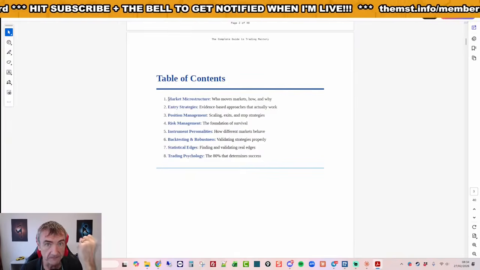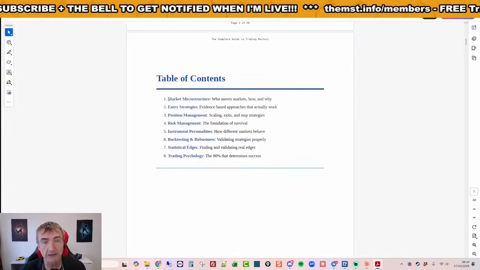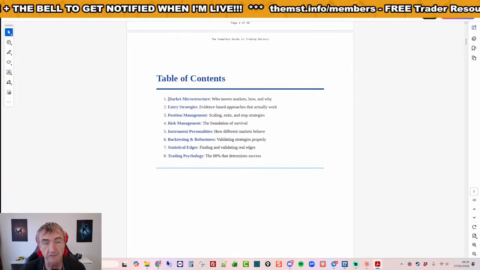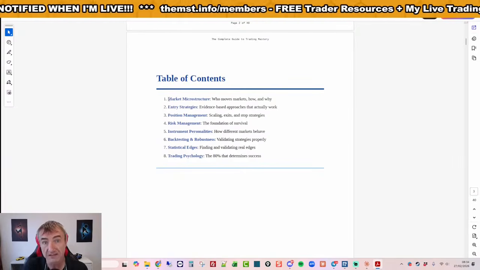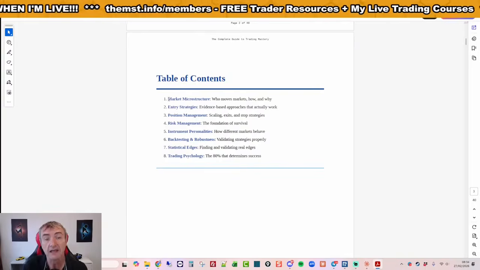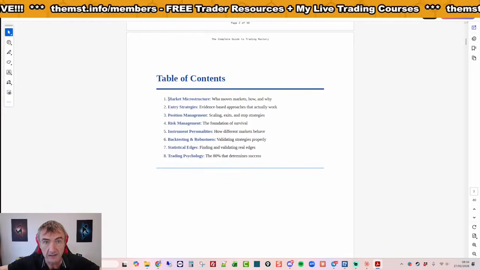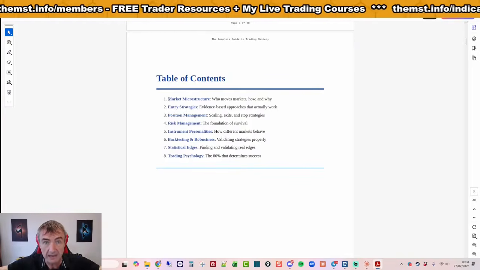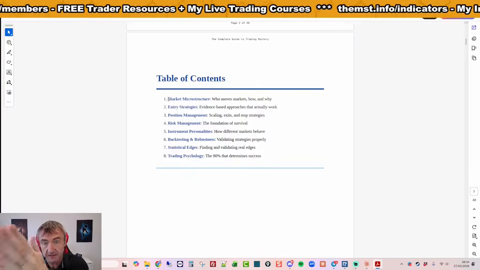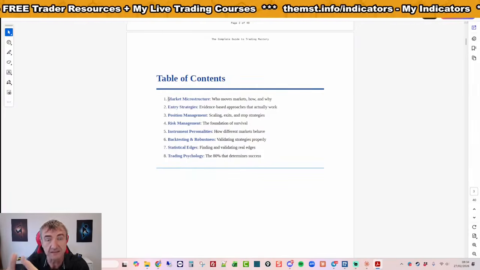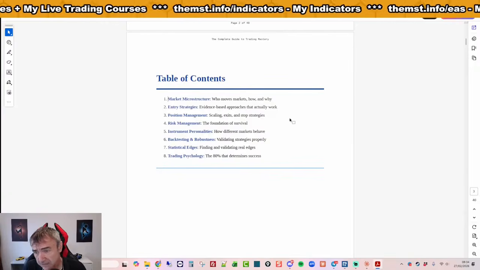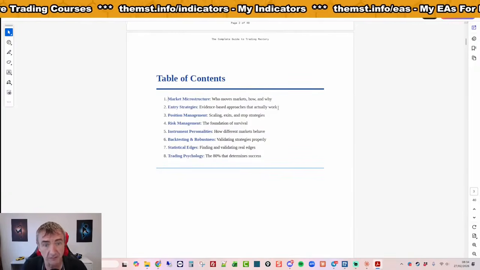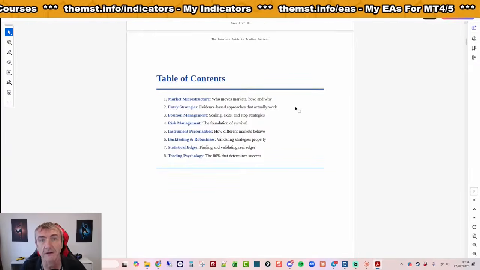One of them had to go off and find out how the market works. One of them had to research strategies. One of them had to research risk reward. One of them had to research symbols and types of market. He sent all these AI agents off with specific data targets that they had to research, which is how he wrote his book. And it's not long. It's only 40 pages. I call it a book. It's more of a pamphlet.